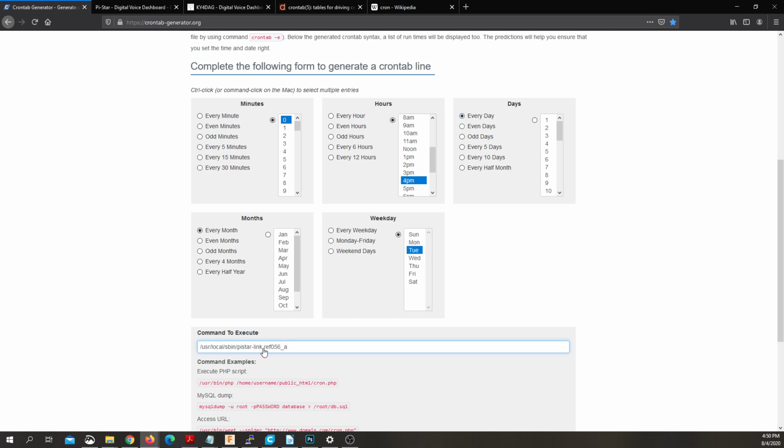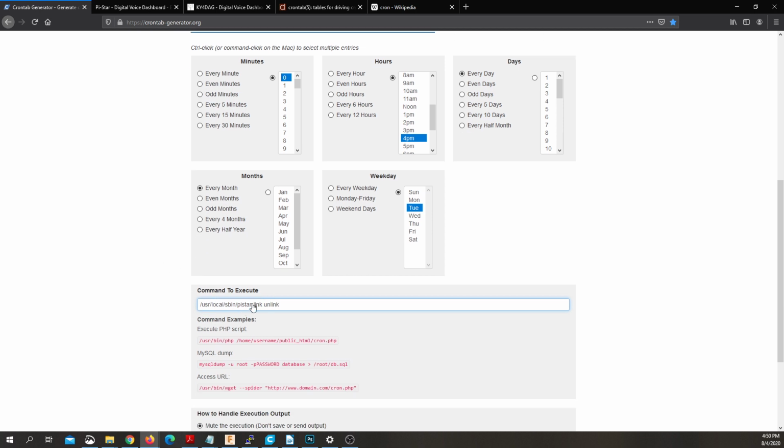So here's our command. You put the reflector, ref 056 underscore and an alpha, and then say you want to unlink, and you can do this with the XRFs, anything. You just put your reflector in, then your module, with an underscore in between the two. But say you want to just unlink it, just plain unlink it, you just type unlink, and then that's your command,